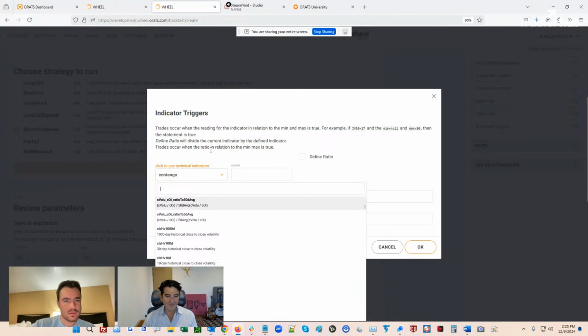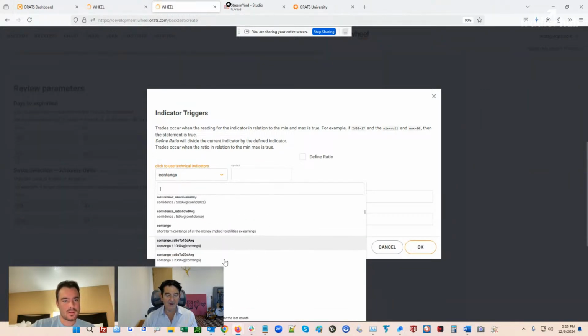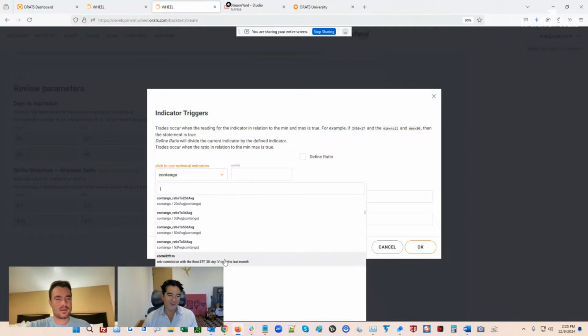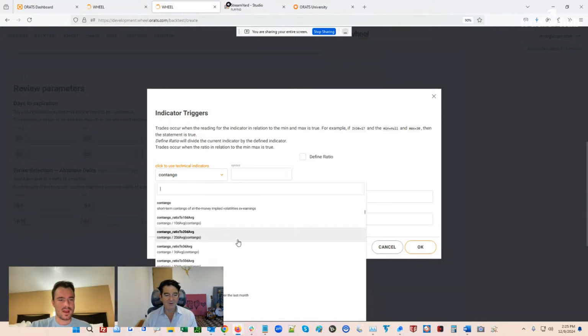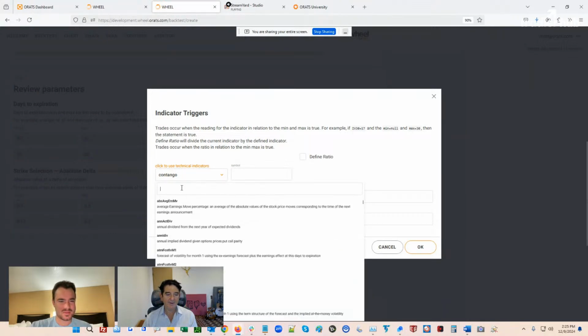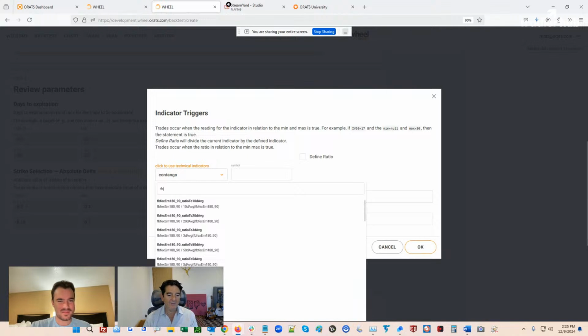Any indicator that we can use? Yeah. Any that you want to use, like you could use Contango, you could use whatever. Yeah, I mean, I like the flat forward stuff. I think that's some real value add, but might take some explaining. Yeah. So